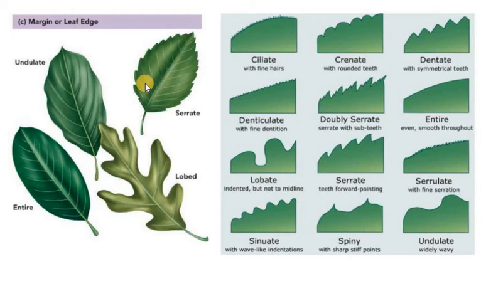Undulate. And if you look at the surface of a rose leaf, the surface of rose leaves has a lot of serrations. They are pointed, with furrows and ridges. They are called serrate. And if you see some other leaves, some plants have lobed leaves. But here it is a simple leaf only. They are lobes because the lamina is continuous. So they are called lobed leaves. So like this, depending on the margin, leaves can have entire margin, undulate margin, serrate margin, or lobed margins.